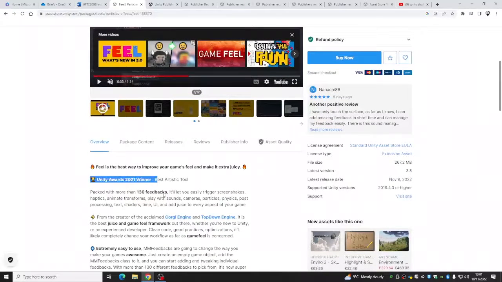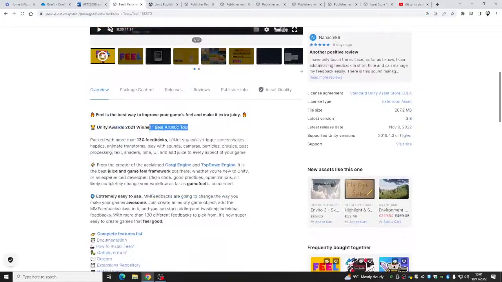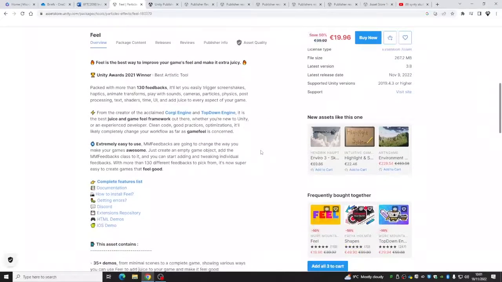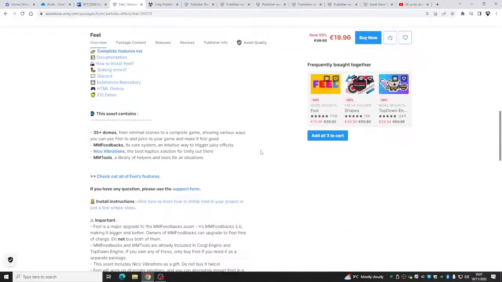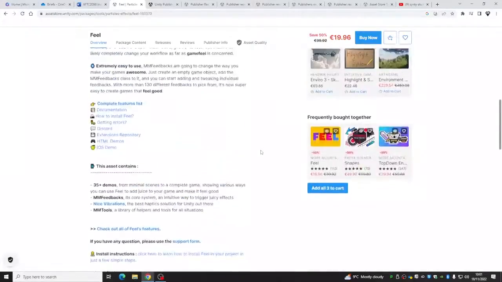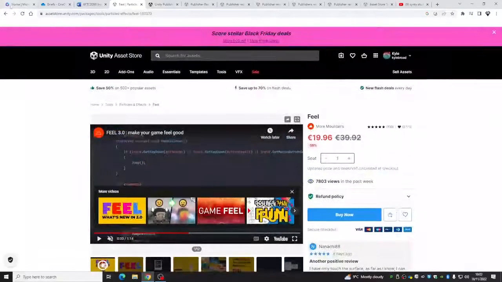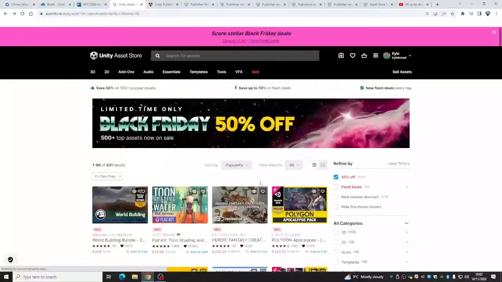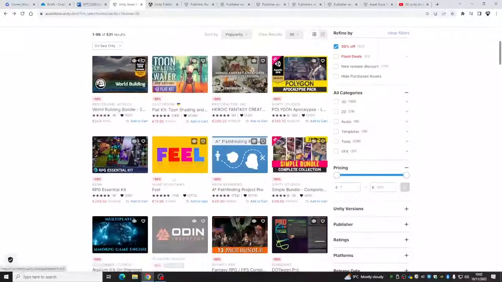So there we go, they got that Unity 2020 award. Best artistic tool. Colourful, but I think they could put Phil VFX or 2D VFX or 2D 3D VFX there in brackets or something. I think that's why they put Phil, because people might be intrigued by the colourful image and just feel.